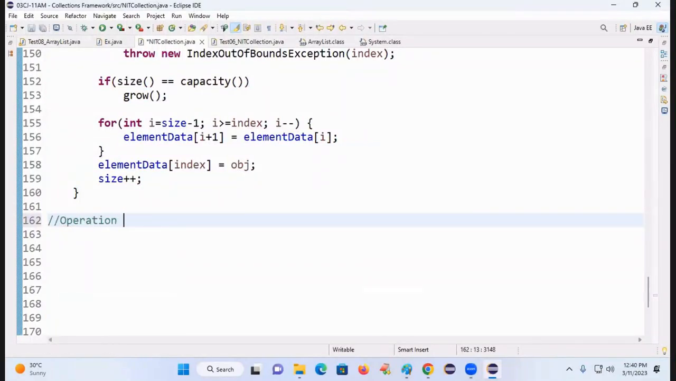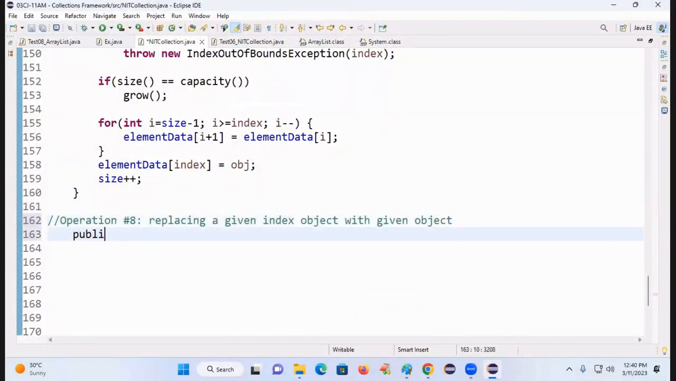Confusing? Operation number 8: replacing an object. Replacing the object at a given index with a given object. Given means argument. Now, what is the logic? Public, return type is Object. Method name is set, int index, comma,